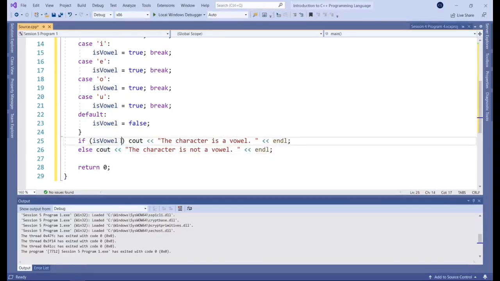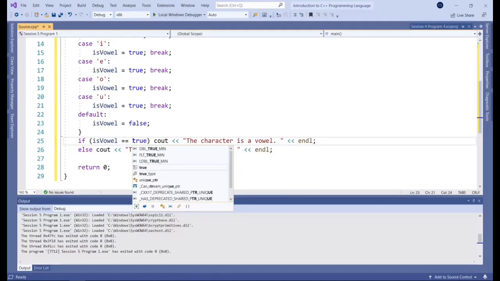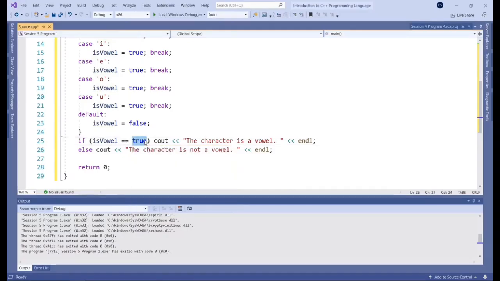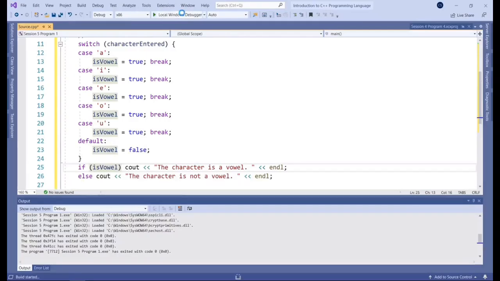So by us adding this here, it really is redundant, and it's not going to make a difference to the code. You can leave it there if it helps you visualize the code, as I mentioned, and then later on you can start being a bit more concise with it. But for now, I'm going to get rid of that. And I'm going to run the code just to make sure it's working.